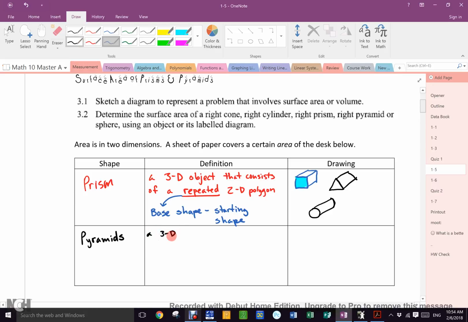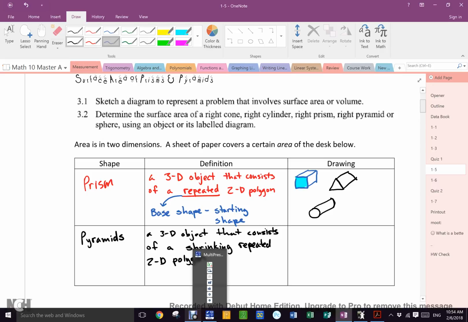It's a 3D object that consists of a shrinking repeated 2D polygon. Now, I want to take a moment with this. It has the same base shape and base bottom issues as a prism. I want to show you guys a picture of something, and I have to push